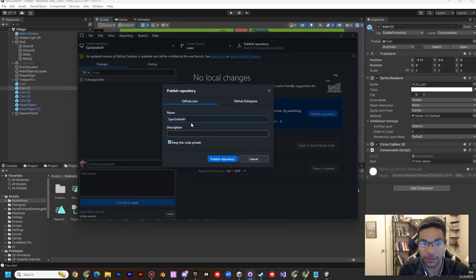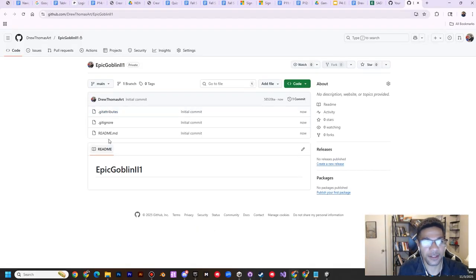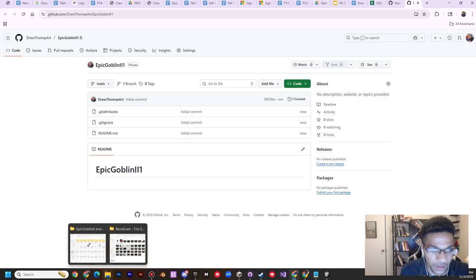So if I publish that repo, and then I view it, I see it only has these Git files, which means that it successfully made it a repository, but I see no blue folders. My project is not here. So if this happens to you for whatever reason, even if it's not what I just did, one thing that you can do